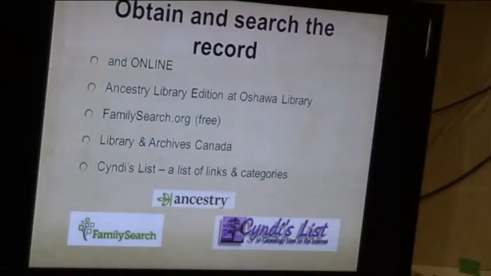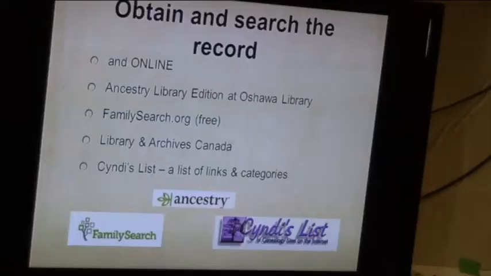So go there first. Don't spend $400 for a year's subscription at Ancestry. FamilySearch.org is the Mormons, and it's totally free. They have a wonderful site. Library and Archives Canada has a wonderful site as well, and all of these sites are on the handout.